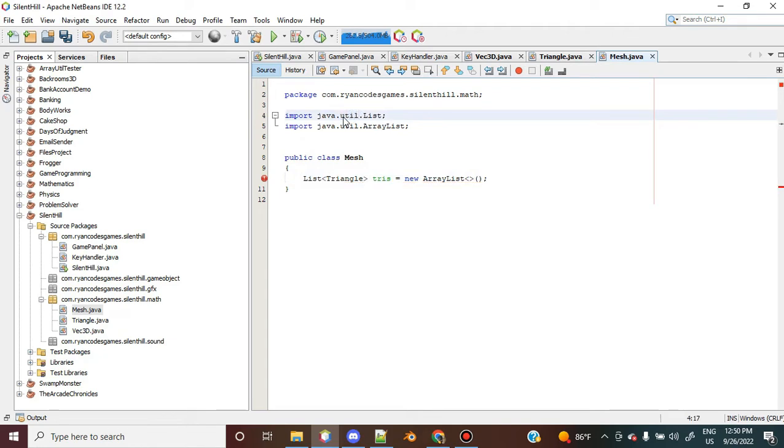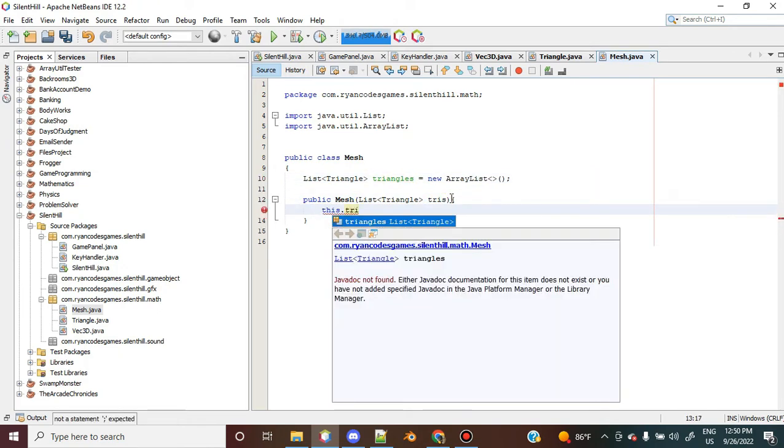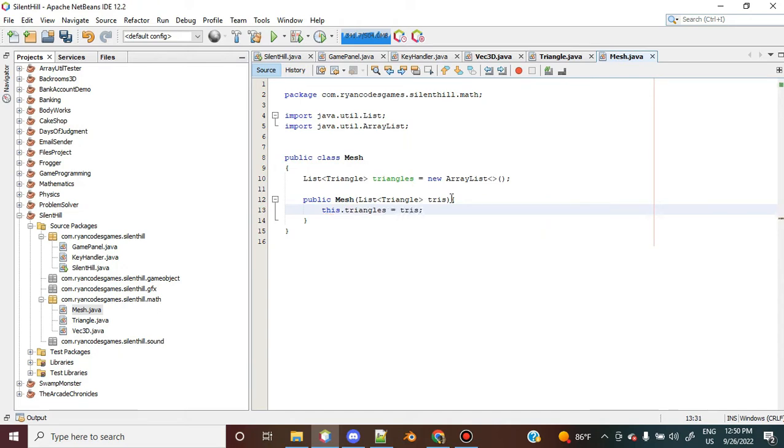Actually, I'm going to need utility. Okay, and there's going to be a method that I'm going to add called